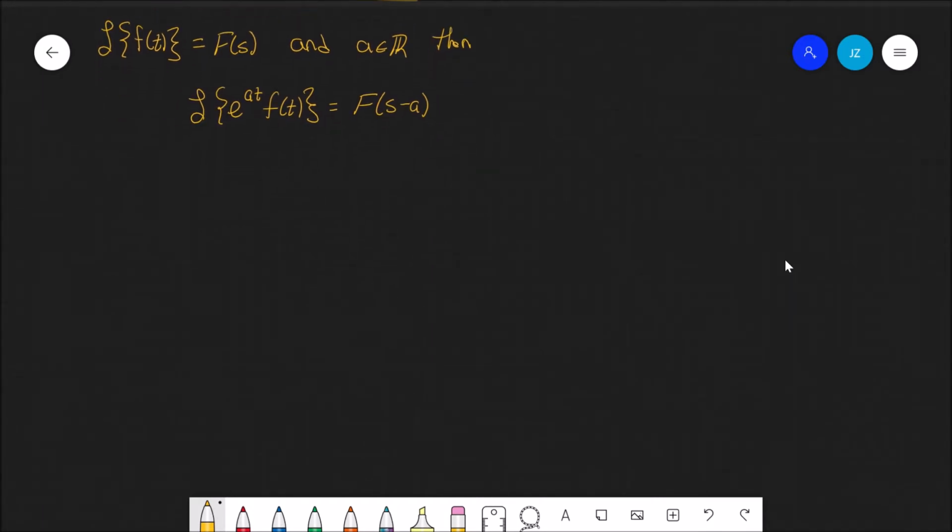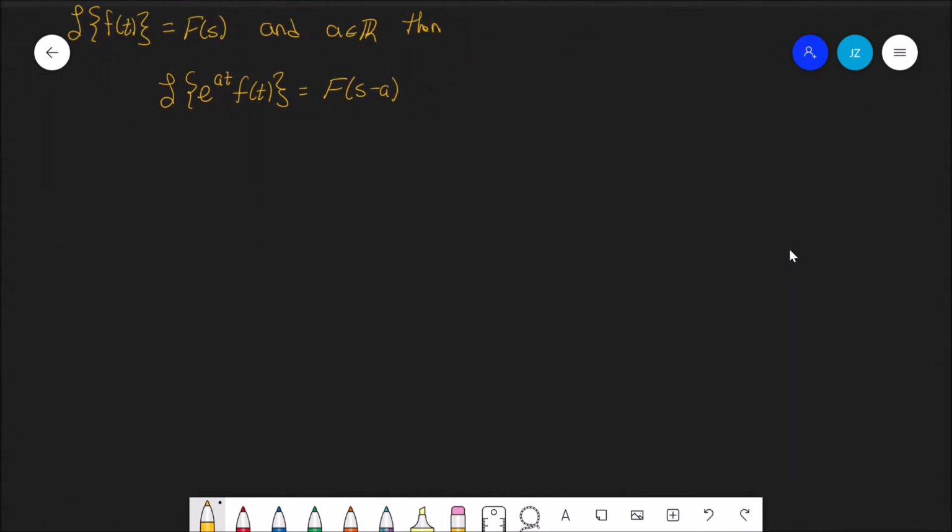We're going to go ahead and use this to solve the initial value problem. y double prime minus 6y prime plus 9y is equal to t squared e to the 3t. y of 0 is equal to 2. y prime of 0 is equal to 17. And again, you could solve this using the method of undetermined coefficients. However, we're going to use Laplace transforms, so if we take the Laplace transform on both sides,